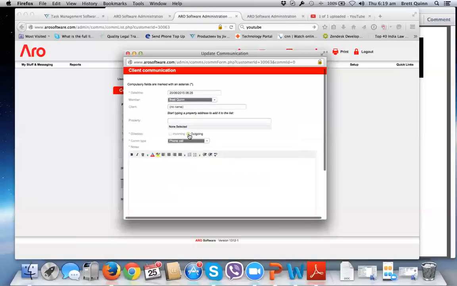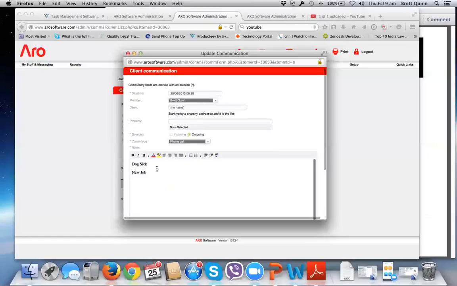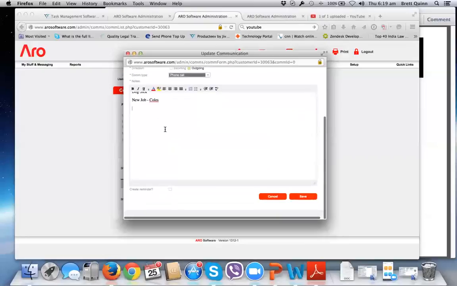Direction, of course, I'm about to make an outgoing phone call with this particular person, and I'm going to stop right here, and I'm going to type the person's name into my mobile phone, and I'm going to call them, and I'm going to leave this screen up, because whilst I'm on the call, I'm going to start typing some notes that is going to refresh my memory for next time while I'm talking to the person. Okay, so once I've had the communication, I've got off the phone, I put in here